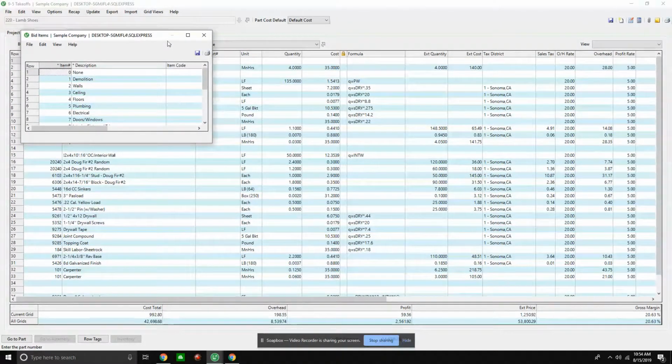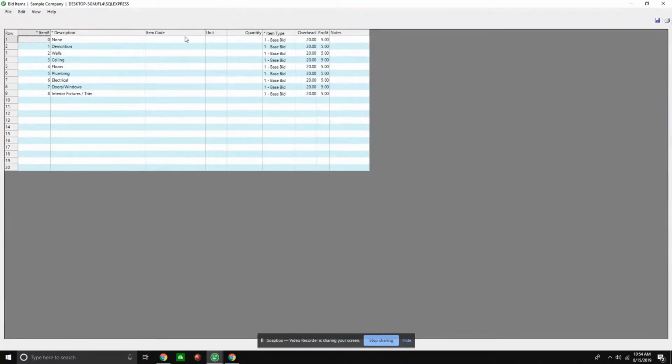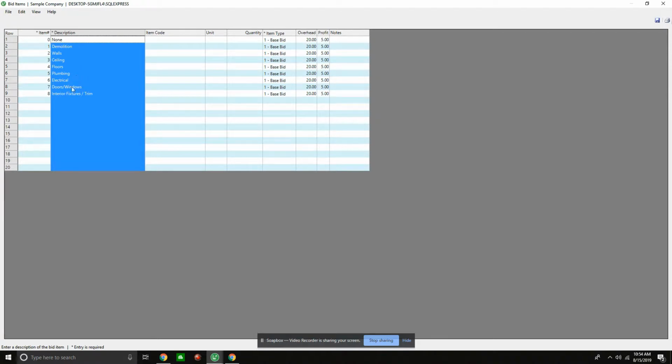and I have all of my different types of bid items. As you see here, we have some bid items that we've set up. This is customizable. You can run it any way your company likes to run bid items. Some might set it up as general conditions as number 1, site work as number 2, concrete as number 3, and so on, following the CSI structure.